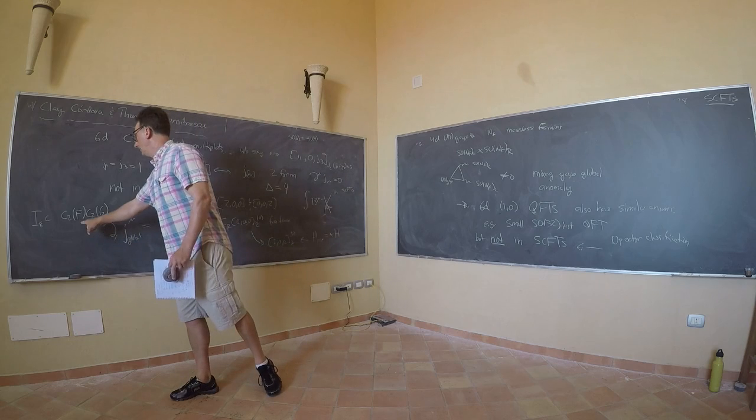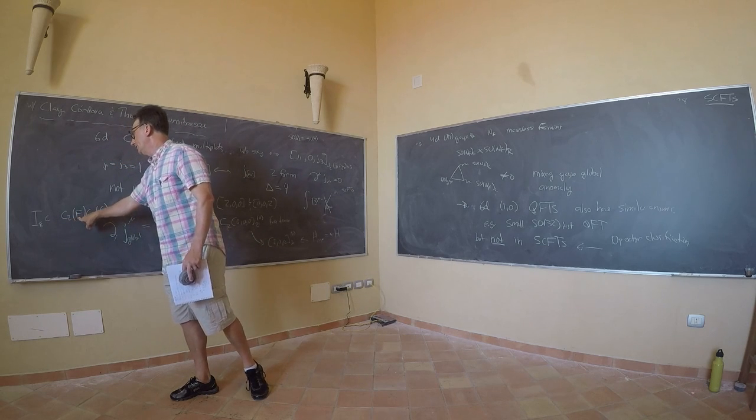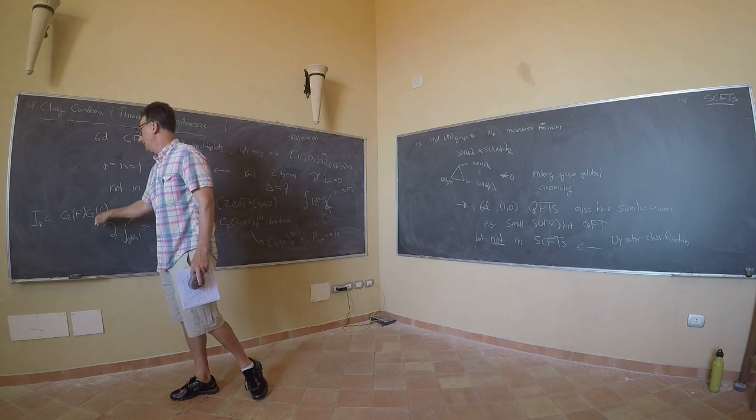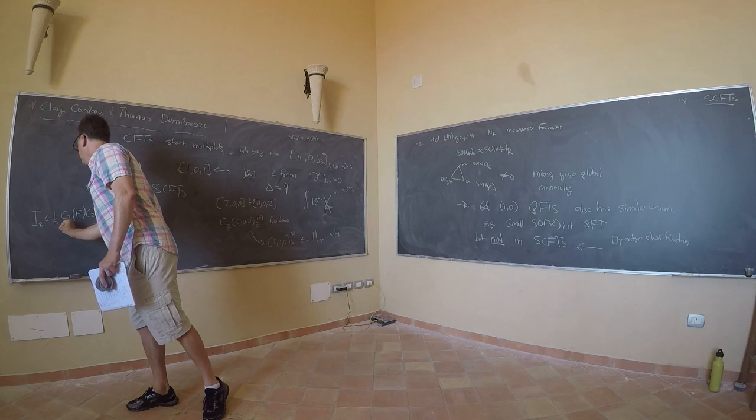So then, this C2 is like F wedge F. So this is a 4-form, and this is a 4-form, and we get an 8-form. And this has some coefficient, let's call this